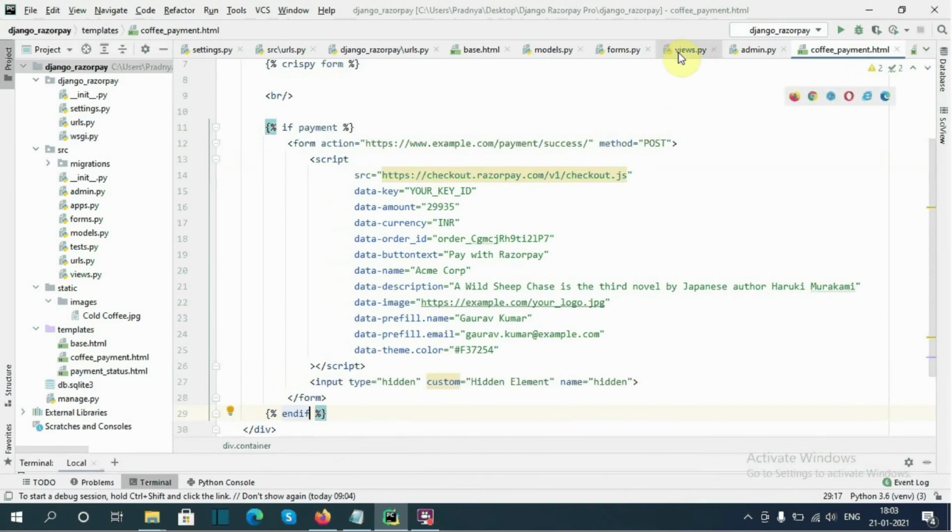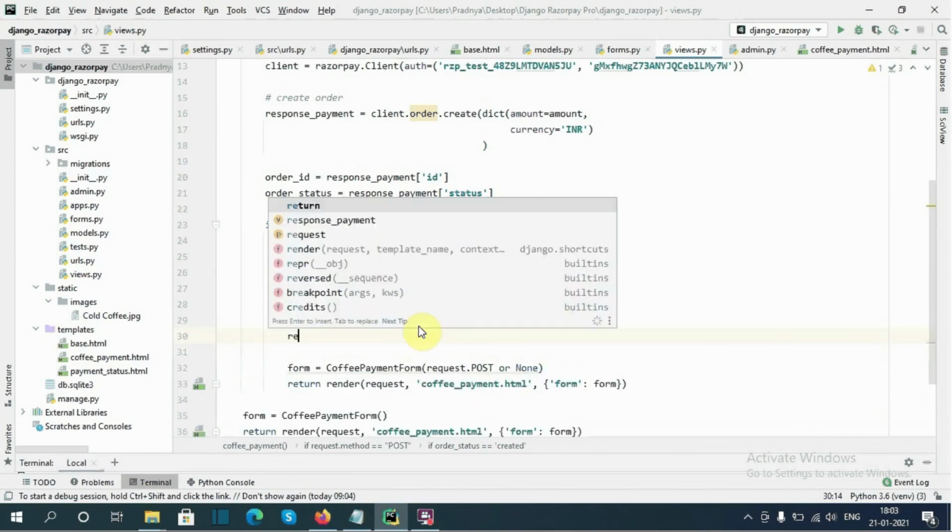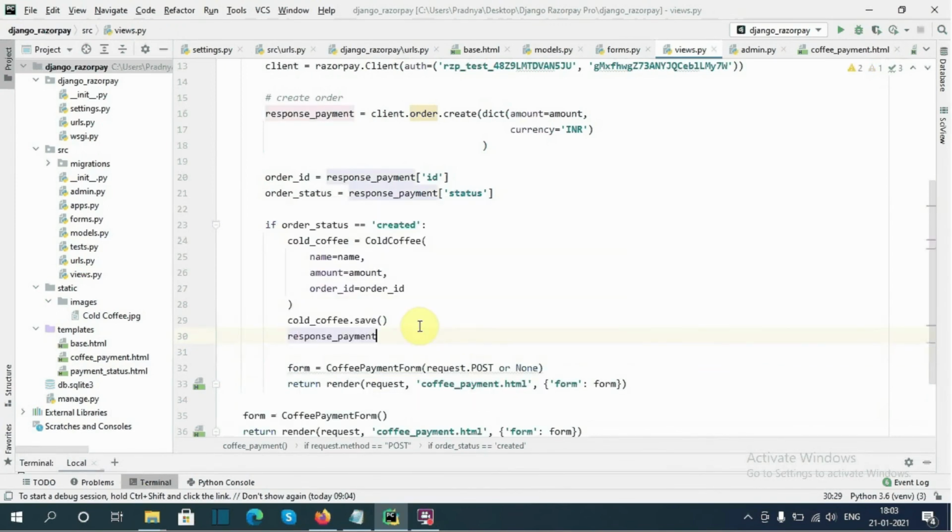And here in our views I will pass the customer name in response_payment, name equals name, and here I will pass payment: response_payment.